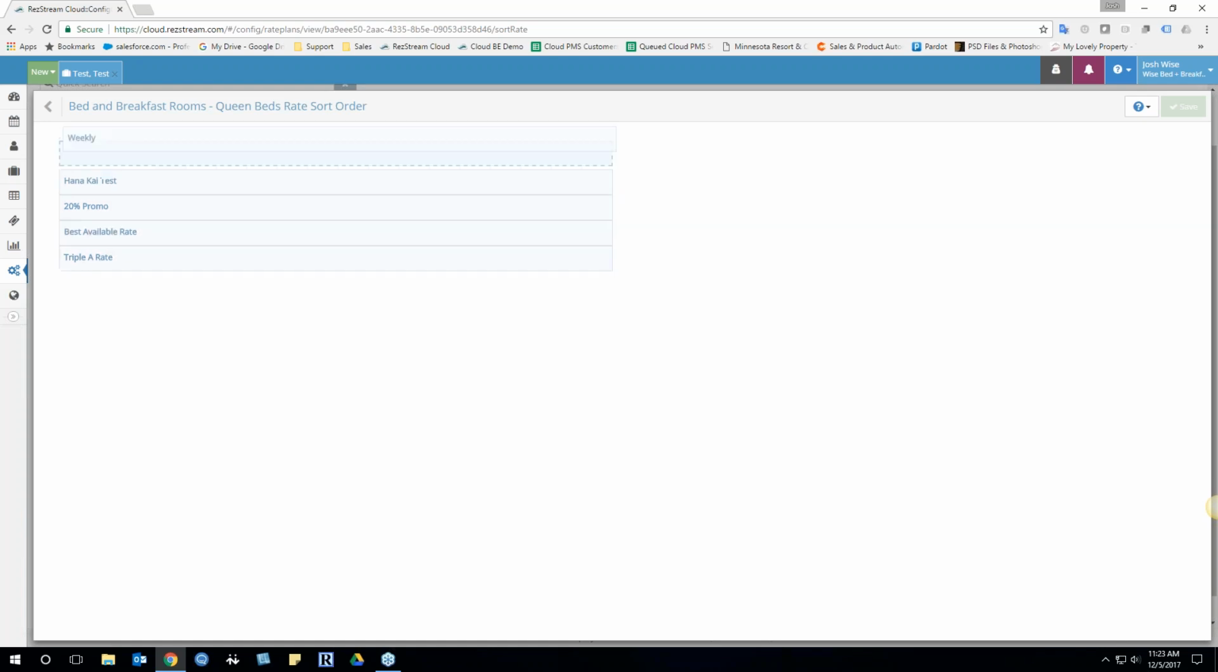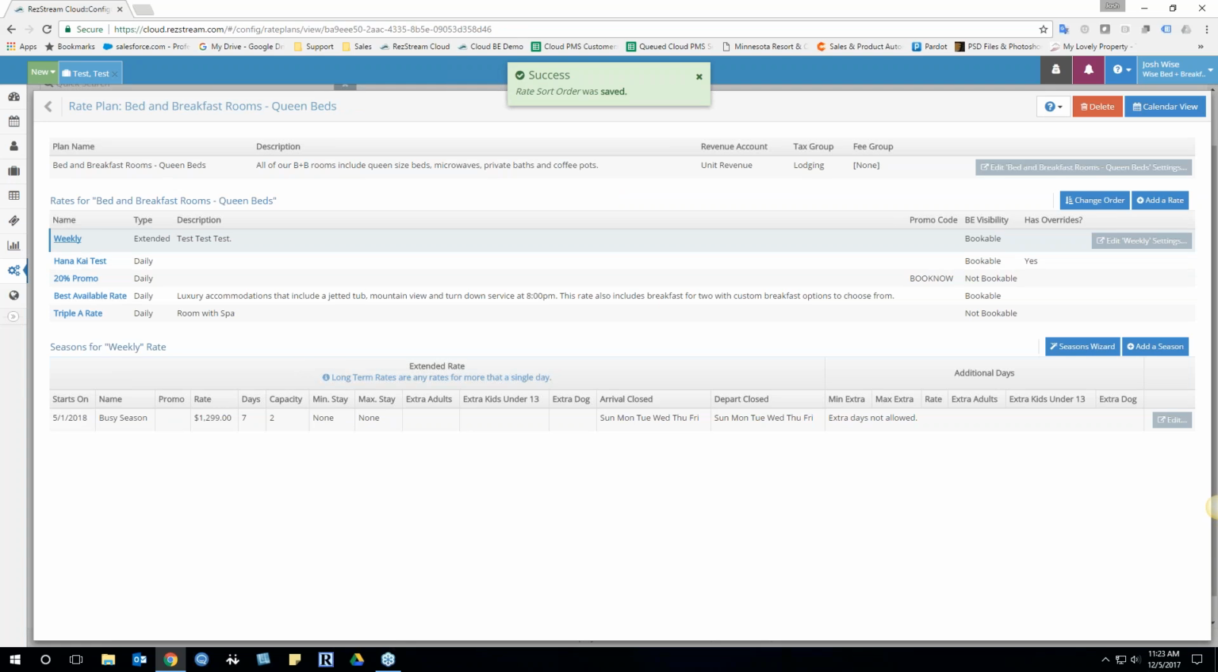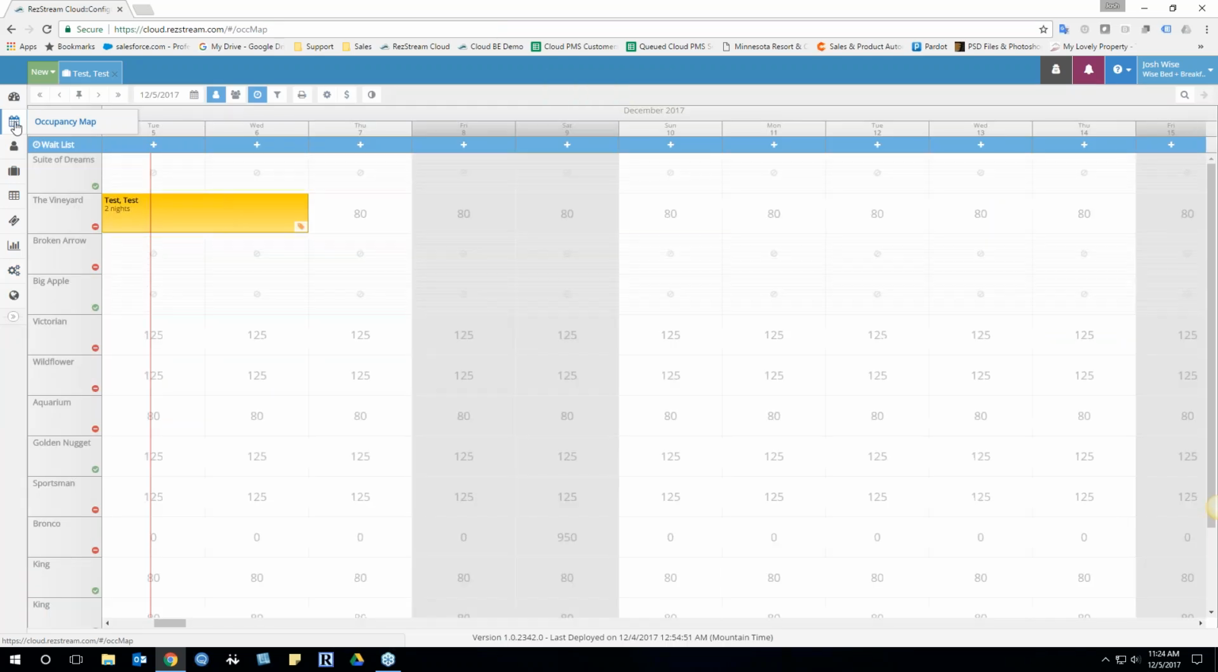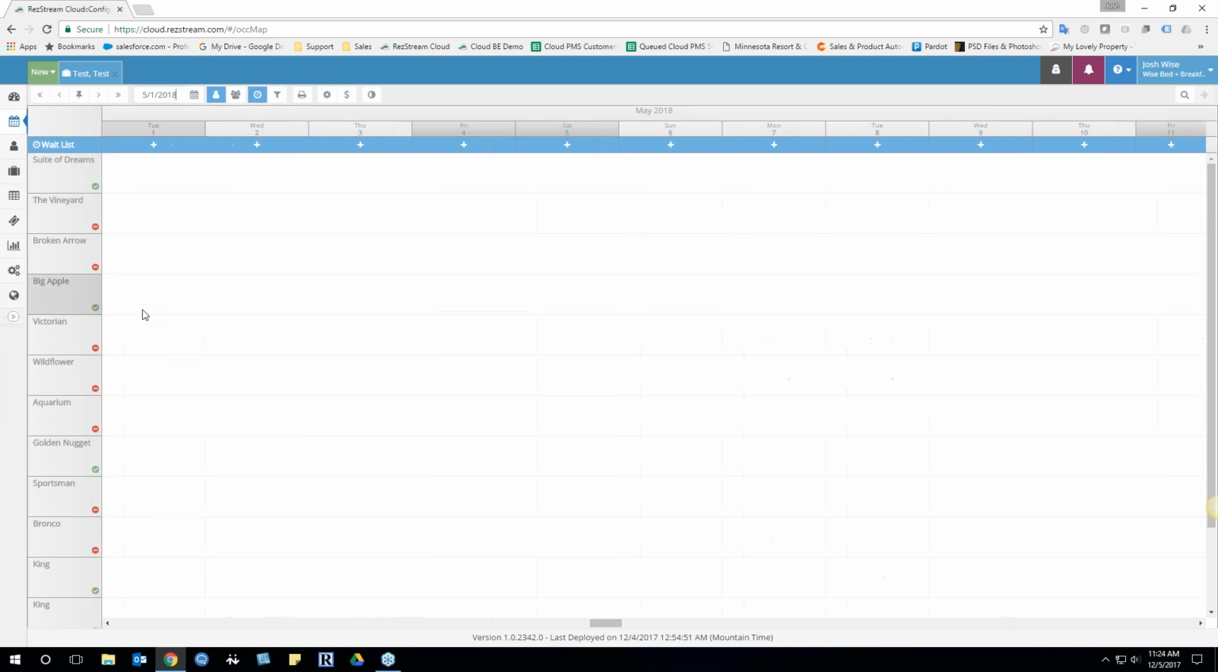So I'm going to click and drag this to the top of this list here, and I'm going to save it. And now it's moved to the top here, and as I just described to you, this is now what I'm going to see on my occupancy map as it relates to this specific rate plan and the units that have that associated. So I'm going to jump back into my occupancy map,